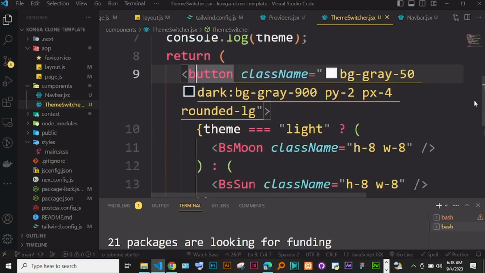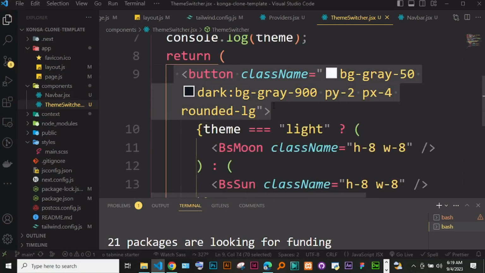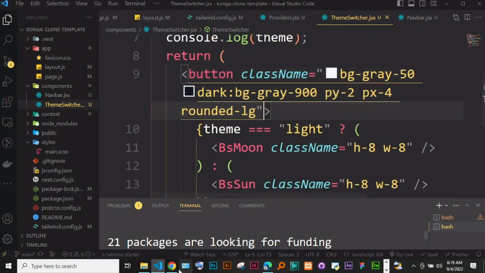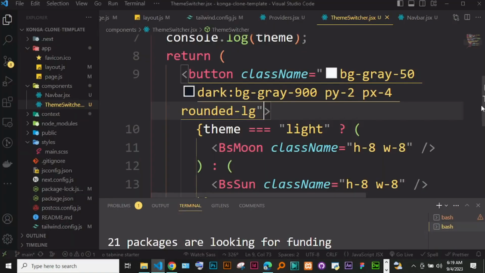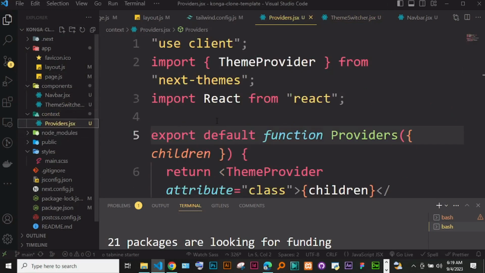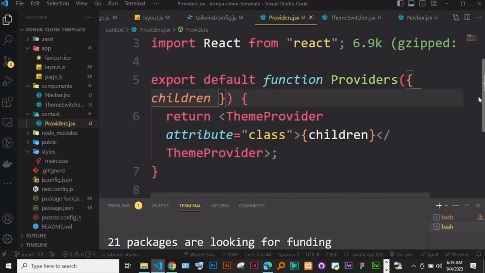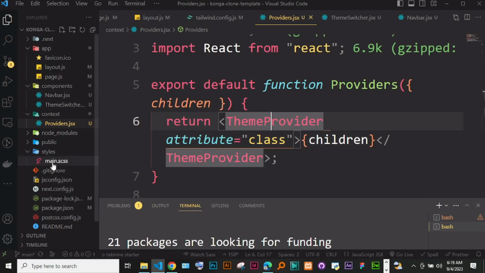Okay, then another thing we want is if the button is clicked, it has to change the theme. Right now we're having it undefined because currently in the provider we haven't wrapped anything in the context. So this provider here is one which has the capacity to wrap things on the app here. Okay, so what we are going to do is